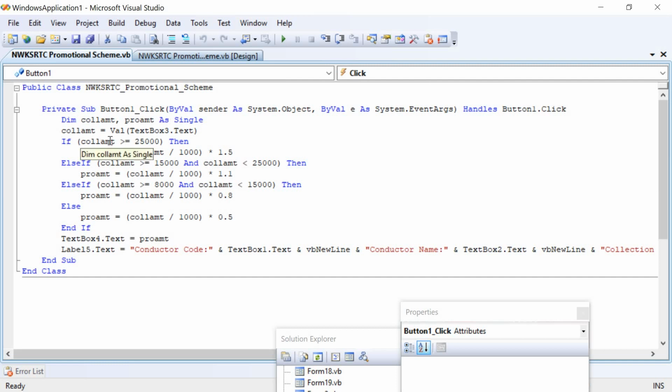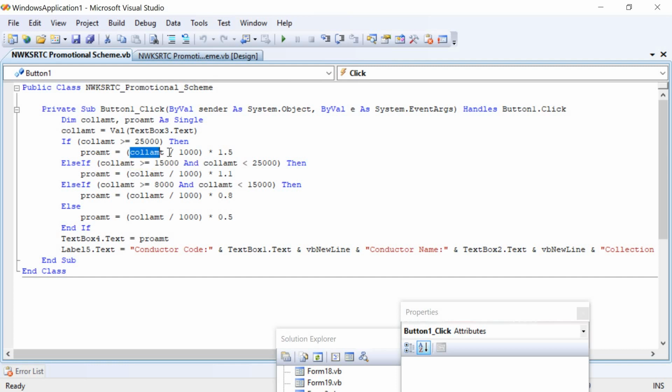If collection amount is greater than or equal to 25,000, then we have to perform the promotion amount calculation. Promotion amount equals collection amount divided by 1000.